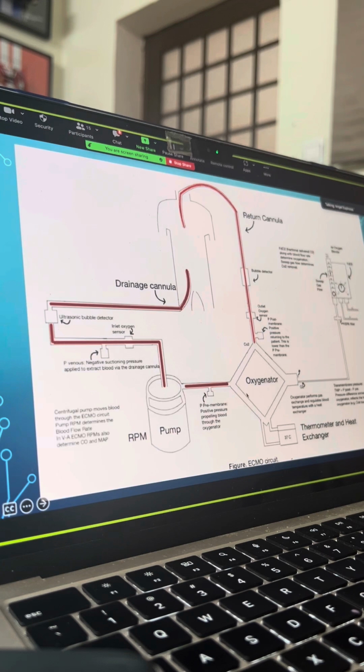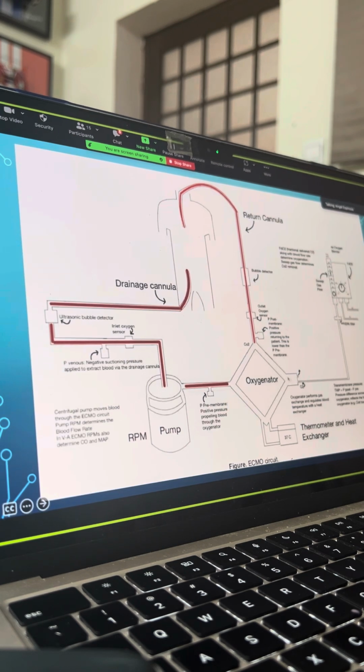The oxygenator is the filter that will perform the gas exchange. The gas exchange will be coming from our oxygen provider, which is giving us the mix between air and oxygen. With the concentrator, we can decide how much oxygen we want in the mix. With the sweeper, we can decide how high is the flow of gas that we want to come to the filter. Sometimes we need higher flow because we need to wash out CO2. Sometimes we need lower flow to give good time to the oxygen to pass through the filter to properly oxygenate